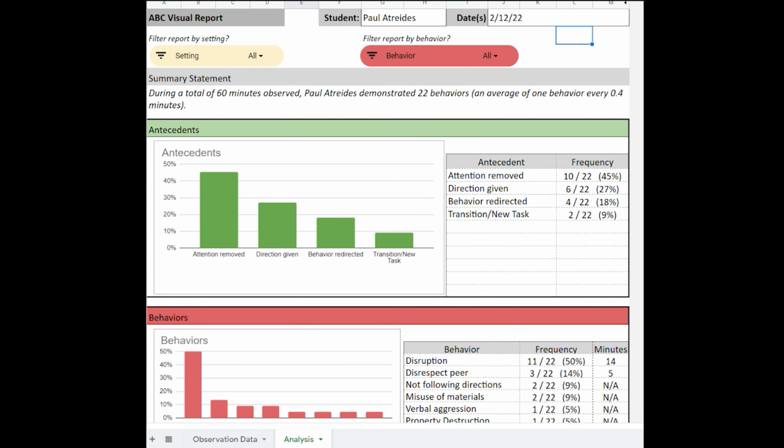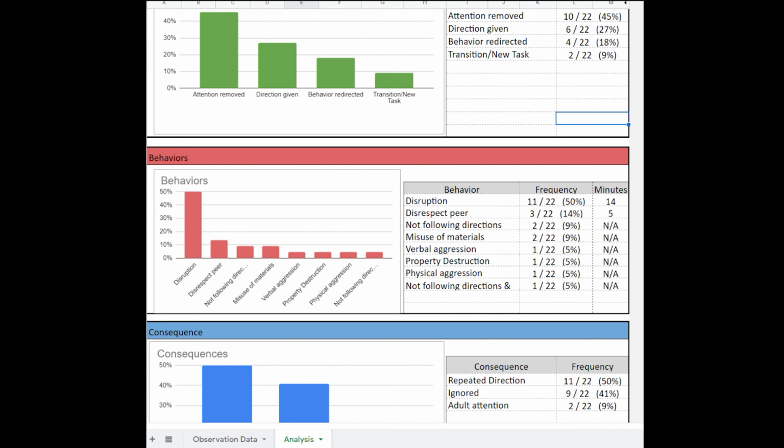This report automatically analyzes ABC observation data to show you frequencies and patterns. Let's look at the Analysis tab first. Here is the report you'll get after completing your ABC observations. The top has a summary statement to get a big picture of the student's behavior, and the next 3 sections